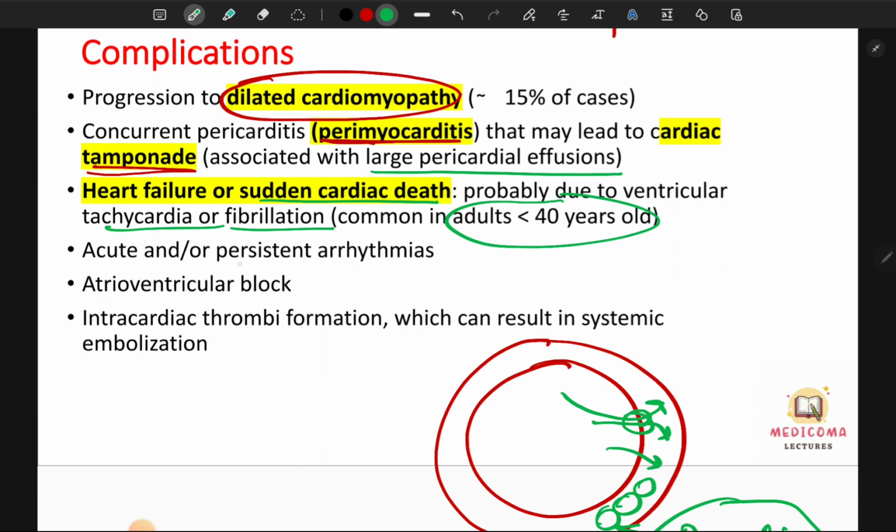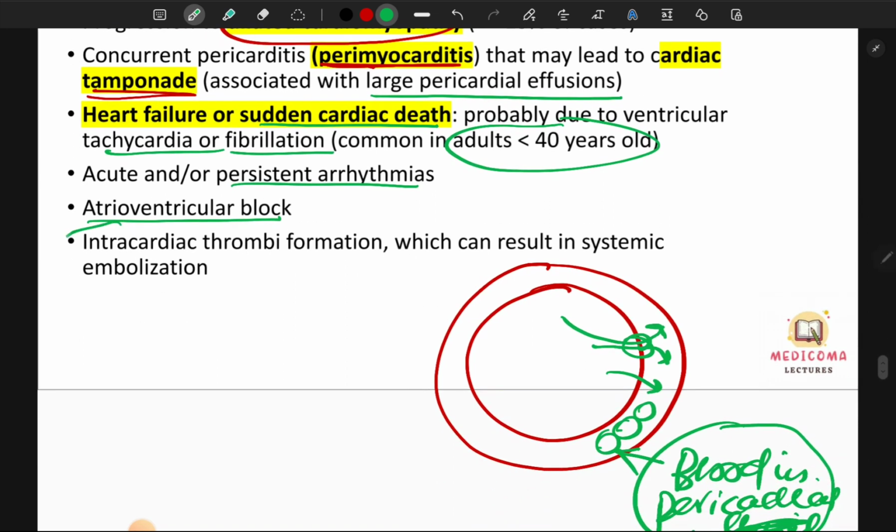Acute and persistent arrhythmias, atrioventricular block. Why atrioventricular block? Because there is no proper conduction system of the heart, which leads to cardiac blockage, and intracardiac thrombi formation, which can result in systemic embolization. Why is there intracardiac thrombi formation? Because if there is